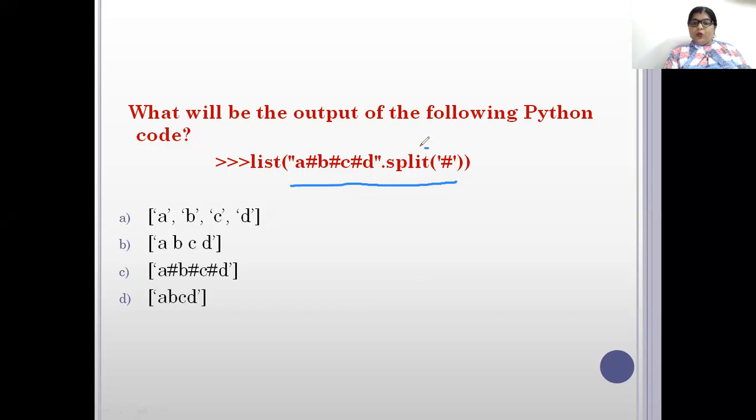It means we need to know what this split has to do. If we don't know the word split, we can't do this. Split on hash means it is being split. It just splits this string where the hash is coming. So here this hash is coming, so it splits A from B, and here C and here D. But when it is being split, it always puts a comma there.